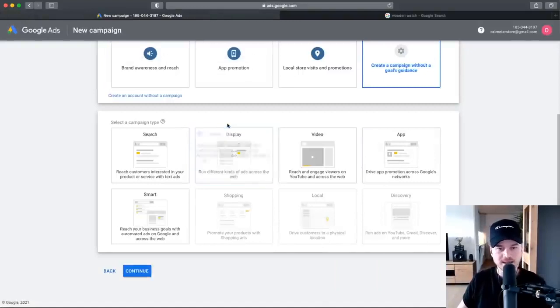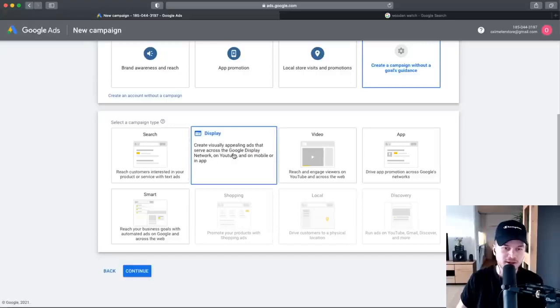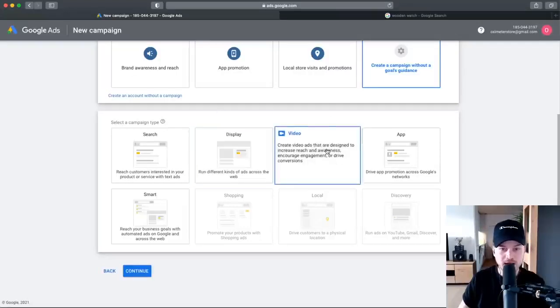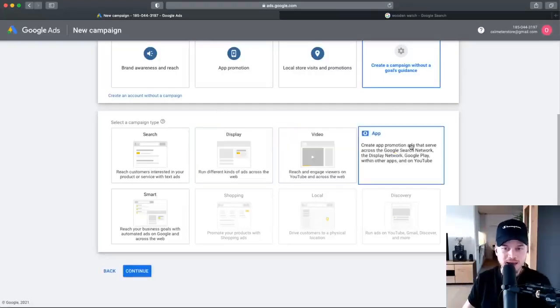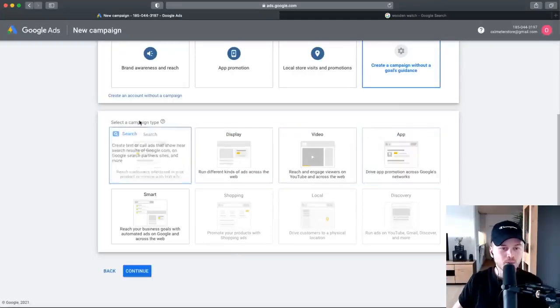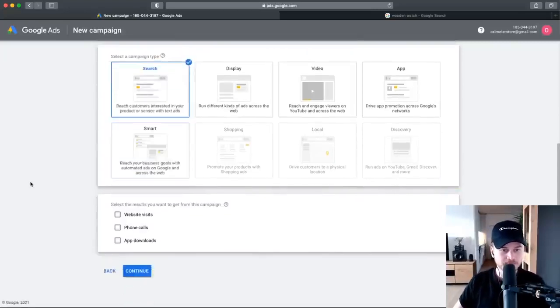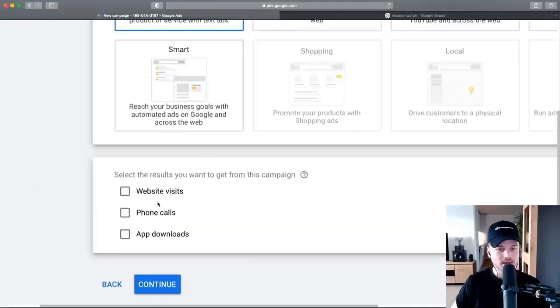And also display ads, it's not really buyer's intent traffic, because this is similar to Facebook ads where people just scroll through a content page where they consume content, and then your ad will just pop up. So there's a lot less buyer's intent behind people seeing your ads. You have also video ads to put on YouTube, app ads if you were selling an app, and so on. But again, we're going to focus on search ads. They are pretty much the most easy and most straightforward to set up, and also one of the most powerful ads. So click on search ads,